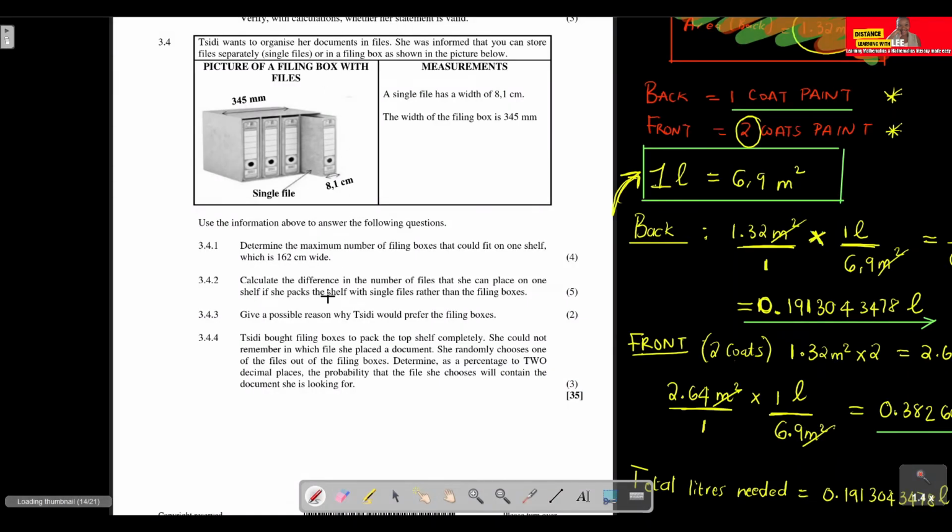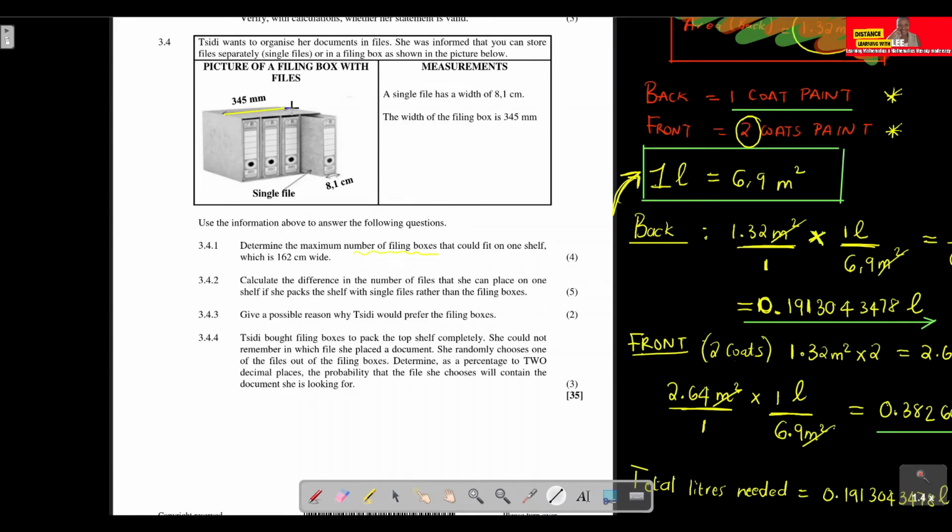Now we want to determine how many filing boxes we can fit on this one shelf. We already know that the width of the filing box that is given here is actually